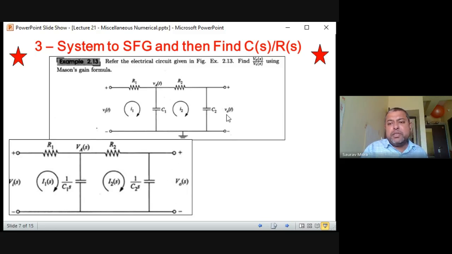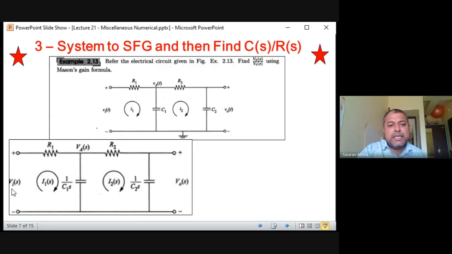So this is small v_0(t) because it is time varying, and here it becomes capital V_0(s). Here one node voltage is there which is defined as small v_A(t). A is the suffix, this is node A, and this has become V_A(s). So all these things you have to know. Then this i_1(t) has become I_1(s), i_2(t) has become I_2(s). Now how to write the equations of the node? There will be 4 to 5 equations. How to write that? It's only voltage-current equations. Be careful, I want your concentration.